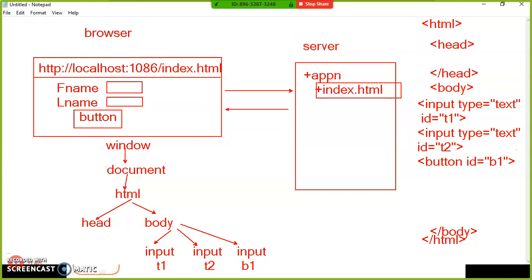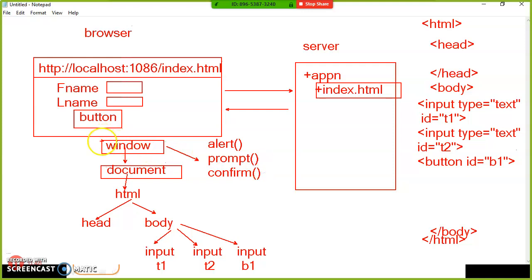If you want to perform any operations, and if you want to catch the HTML element values at runtime and write some logic, we have to use this document object. Window is the browser object, BOM. Document is the page object. And in this window object, you have some ready-made functions: alert function, prompt function, and confirm function. You can directly access alert, prompt, or confirm, or else you can access them by using window.alert, window.prompt, window.confirm. That is about the window object.